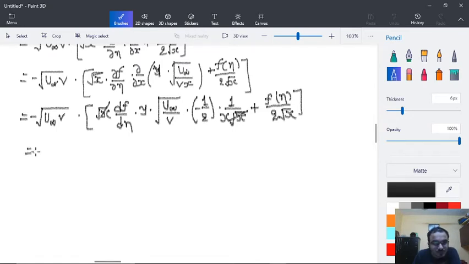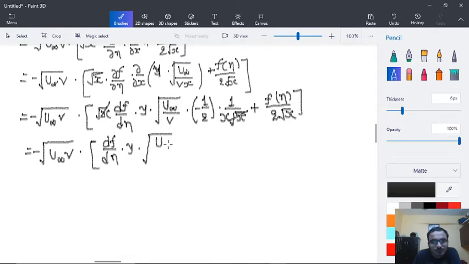It is equal to minus u infinity into nu into df over d eta into y into square root of u infinity over nu into x into